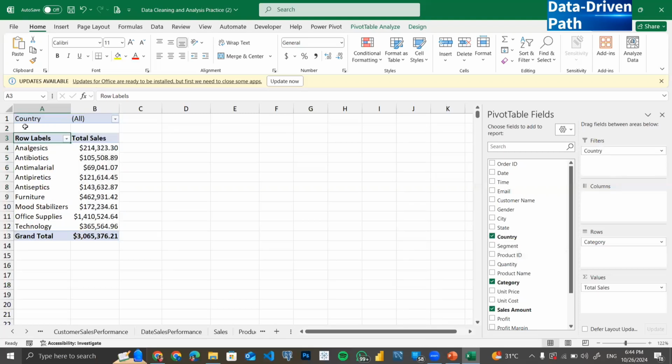And you will see that it pushes this down and it adds something up here. It puts country all. So this is the filter that will allow me to filter by country for this particular pivot table. Do you see that? Okay, so if I want to see for only maybe USA now, I'll come to this